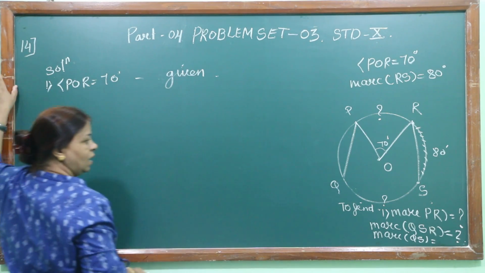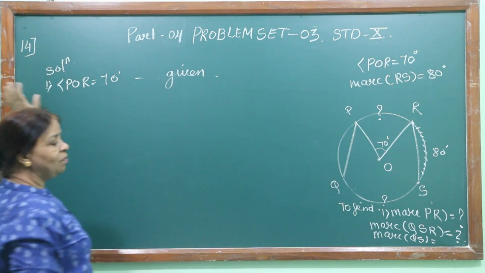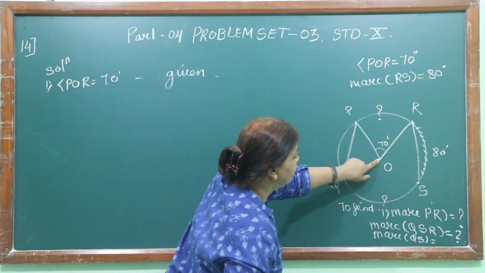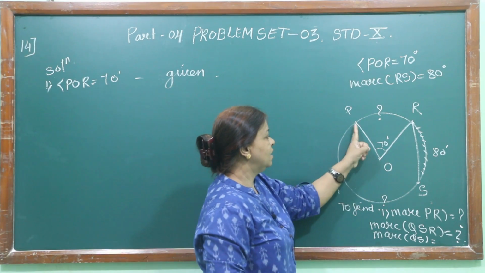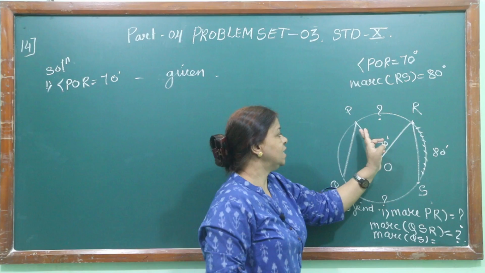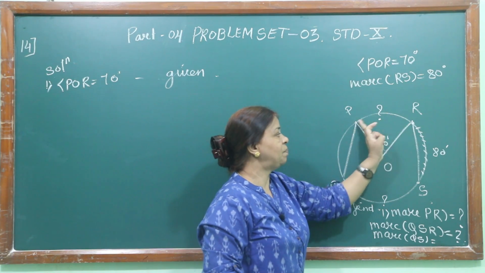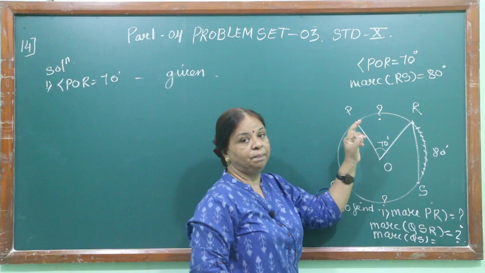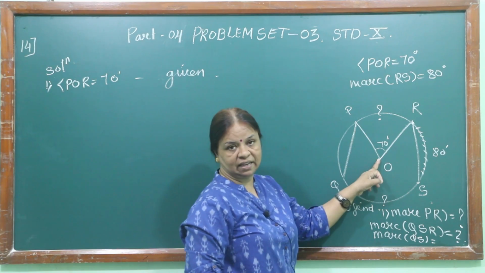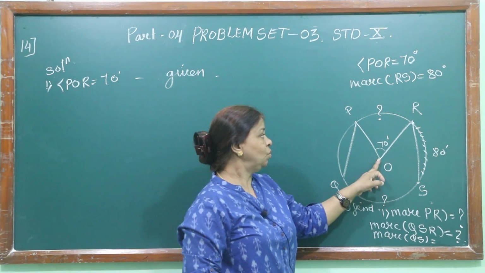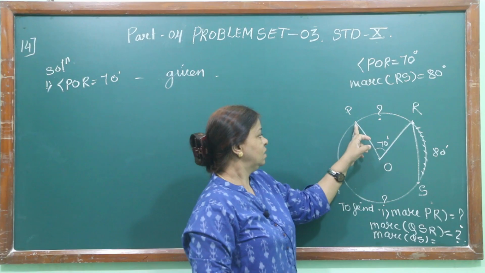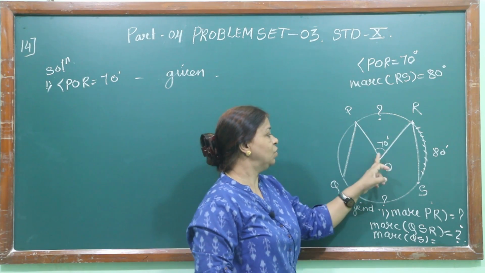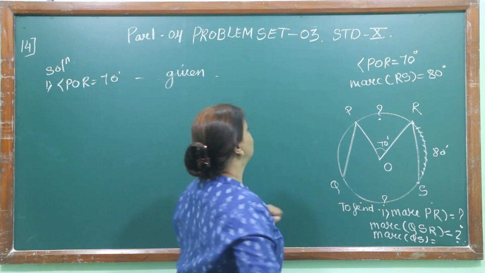Now you see, O is the center of the circle and angle POR is intercepting the arc PR. Intercepting means covering the arc PR, and it is a central angle. So, by the central angle theorem, this arc measurement will be equal to the central angle. So, we can say